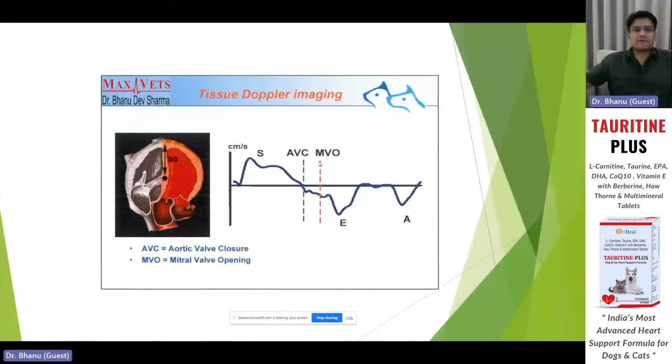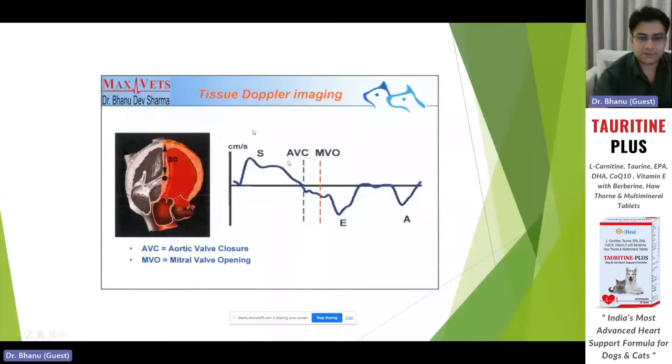If not the mitral inflow pattern, then we can use tissue Doppler imaging, in which there is a TDI icon on the ultrasound machines. You have to turn on that TDI icon, and then press the pulse wave Doppler. You have to bring your pulse wave Doppler sample gate just above the mitral valve, on the interventricular septum. And then you turn on the pulse wave Doppler mode,